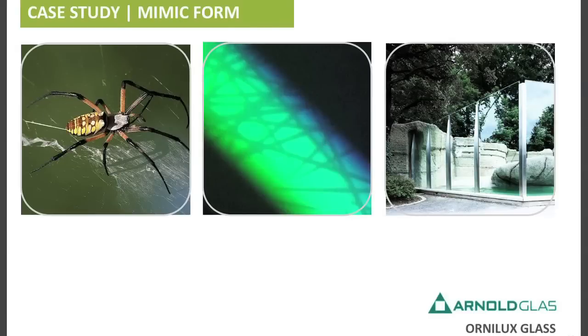And someone brought them an article in a magazine about spiders. And spiders, you know, they spend the night creating this beautiful web, and the last thing they need is for some bird to come foraging through the forest and crash through that web and wipe out all the work. So Arnold Glass, the president, said, well, why don't we learn from that, and let's make our windows visible to birds. So they incorporated a pattern of UV reflectant